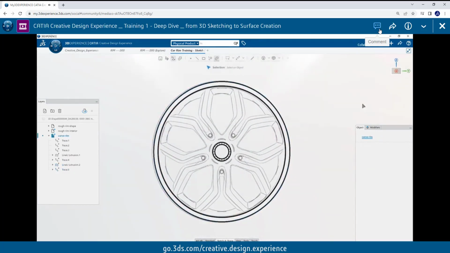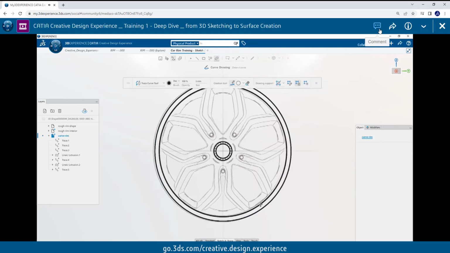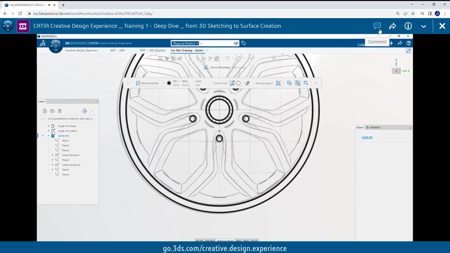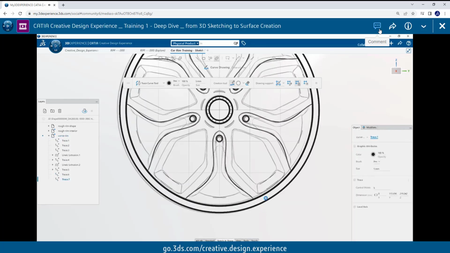From the front viewpoint, I launch the sketch creation command again and start by defining the circle primitive, still with trace curve tool. Then I switch to the freehand drawing mode in the toolbar to create the final curves of the rim sticks in reference of my previous rough. When I release the stylus, you see that the result is recalculated to propose a curve close to my gesture, but with a limited number of control points.